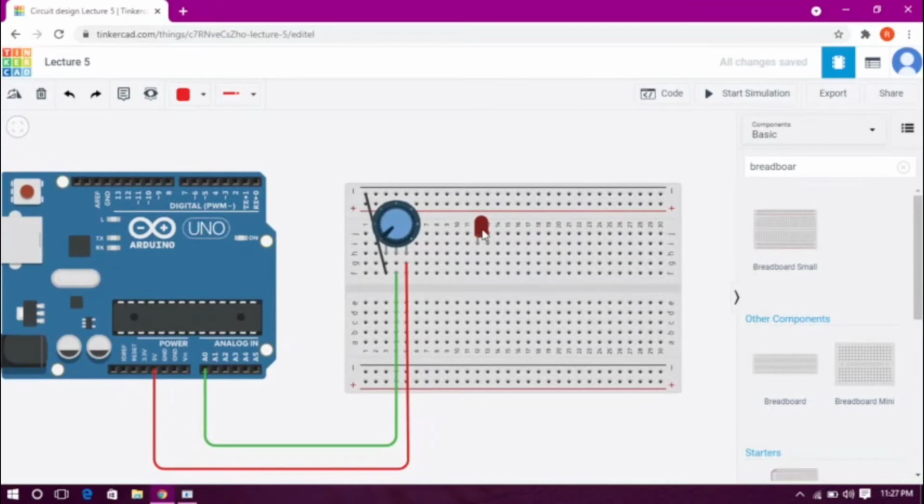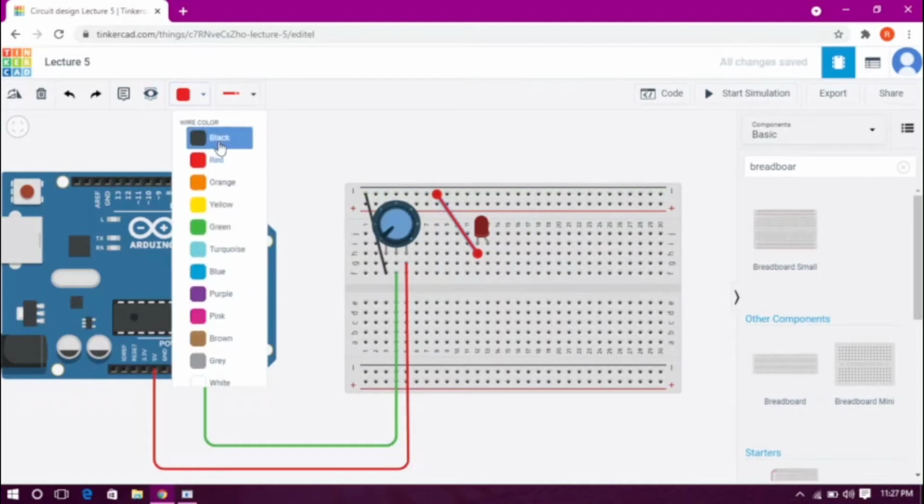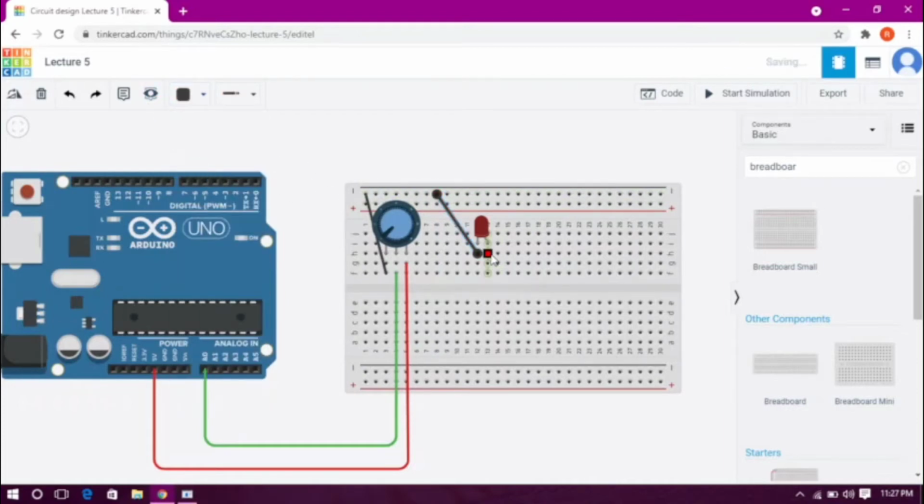Now we have to connect our LED. Our LED will also have a ground from the cathode, so I will just join it over here with the ground row and mark it as black. Now this LED anode will be connected with the digital pin of our microcontroller, that is Arduino.